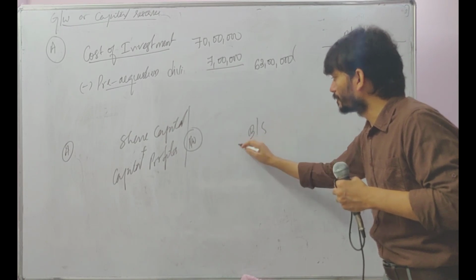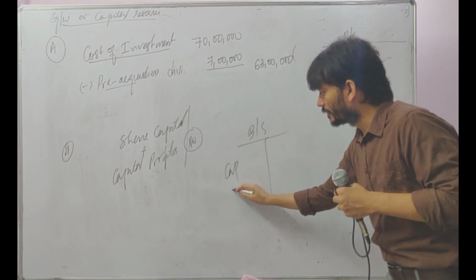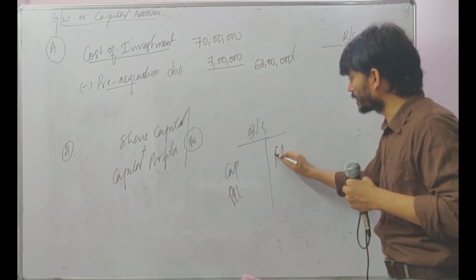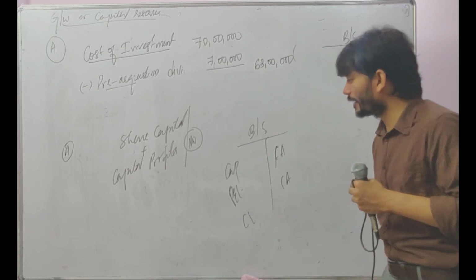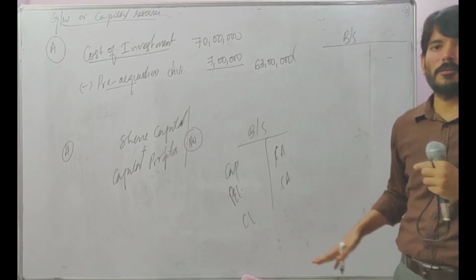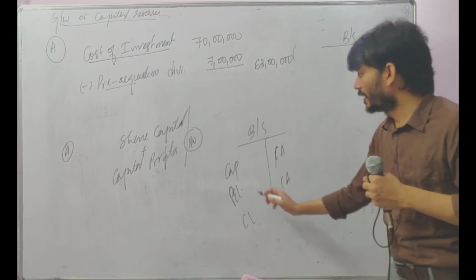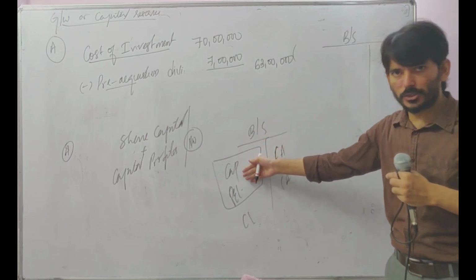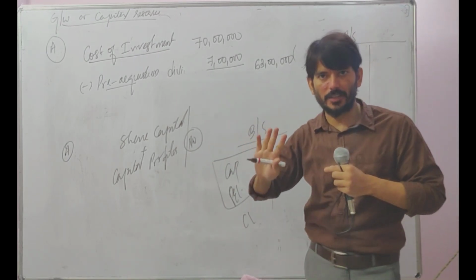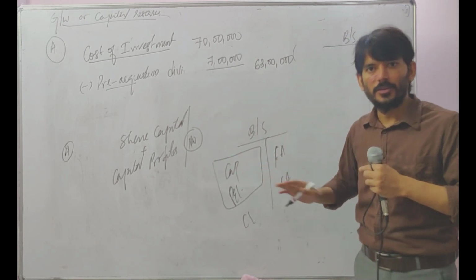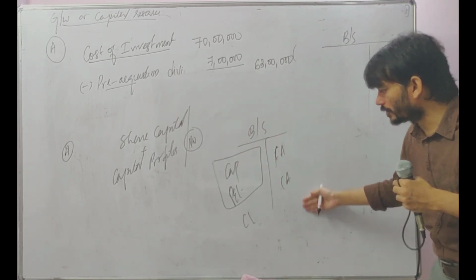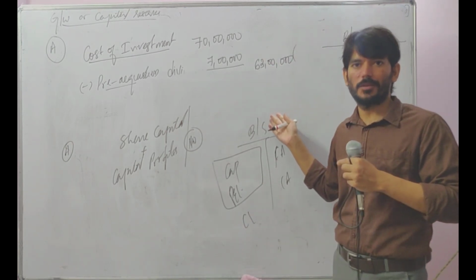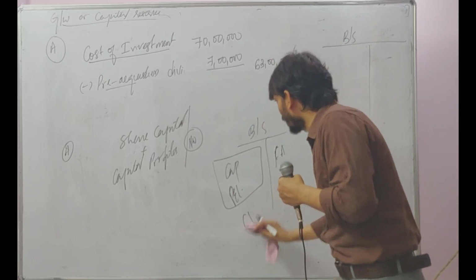See, if you see this balance sheet, you will have your capital here, P&L or general ledger or whatever. Here you will have fixed assets, current assets. Here current liabilities. In questions, see, I am giving you a broader picture. You try to understand this. Sometimes he might be giving only this information. What you will do? Add up these two, multiplied by 70%, you will get it here. You write it there. But if this is not given, don't lose your heart. You add up these two, deduct this, you will get net worth or net assets, multiplied by 70%, again you will get the same thing. Okay? So that is something that you have to understand.